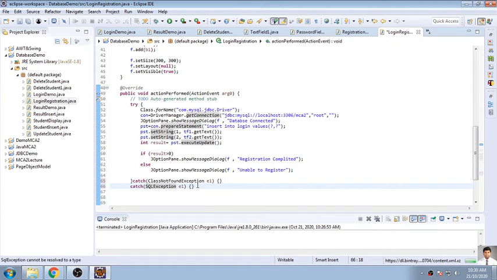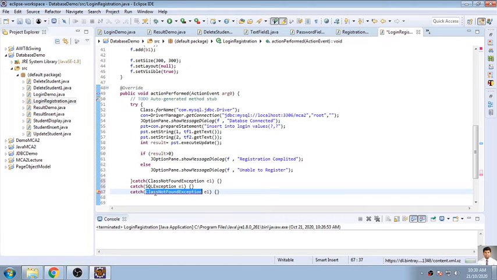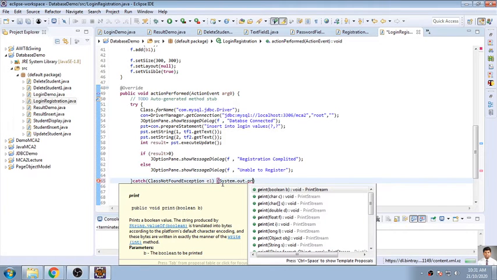And I got one more class you have to handle, basically your exception classes. So you write everything like this, and if you want to show it, you can show it on System.out.println.